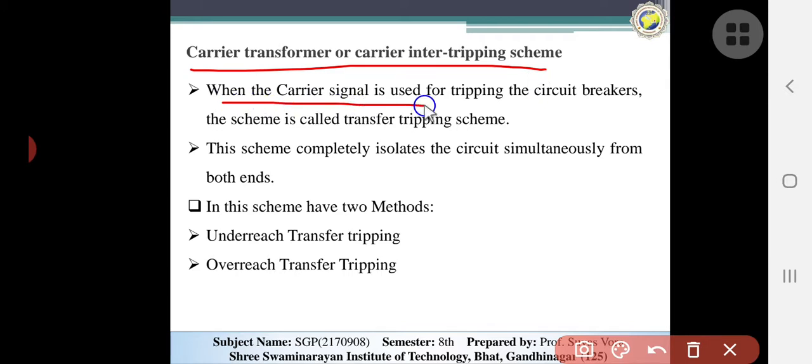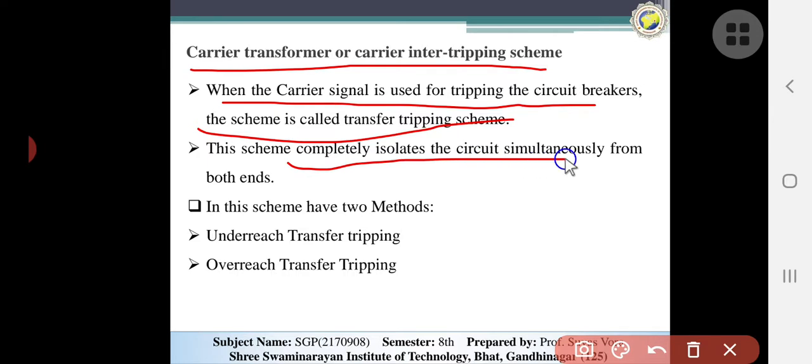When the carrier signal is used for tripping the circuit breaker, the scheme is called the transfer tripping scheme. यानी कि जब करियर सिग्नल की बात हम करें, तो ट्रिपिंग हो जाता है यूजिंग द सर्किट ब्रेकर, and this scheme is also called the transfer tripping scheme. This scheme completely isolates the circuit simultaneously at both ends. इसमें जो सर्किट ब्रेकर्स होते हैं जो दोनों सबस्टेशंस,